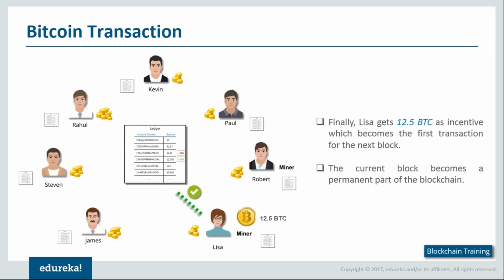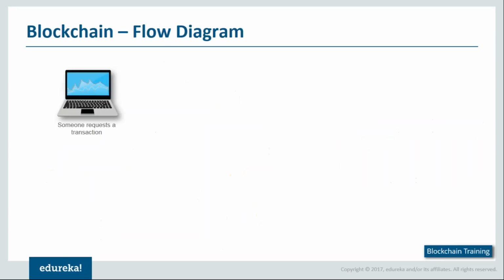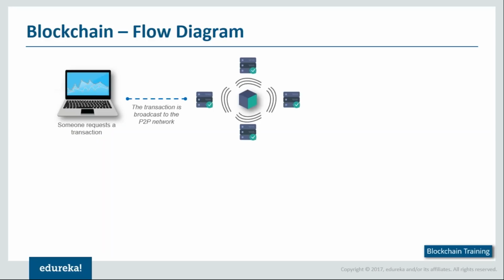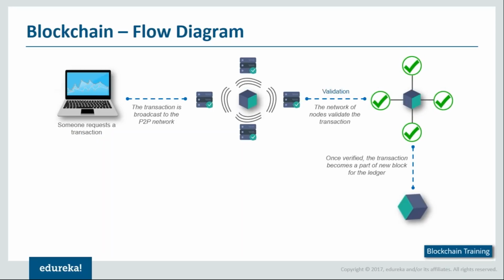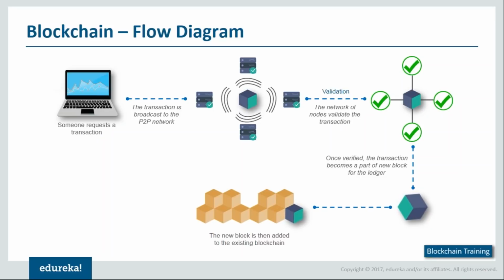Moving on, let's try to understand how a Bitcoin transaction takes place on a higher level. Okay, so what happens is someone actually requests for the transaction. So you can either send a transaction to someone else or you can also request a transaction. When you do this, it gets transmitted across the peer-to-peer network. That is, everyone who's part of the system gets the detail with respect to sender's public key, receiver's public key, as well as how many Bitcoins have to be transmitted. Once this gets validated, then this validation signal gets propagated throughout the network and it gets added as part of the new block. Once the new block gets added to the blockchain system, then it also gets verified and a transaction complete signal gets sent to the user.